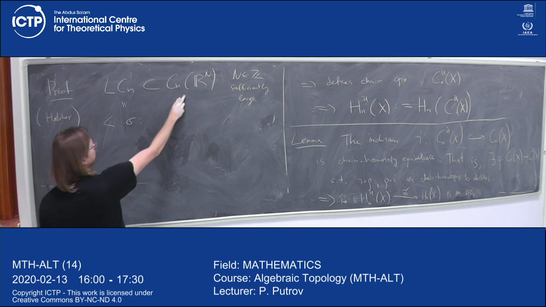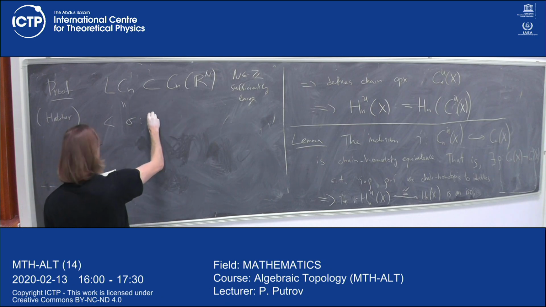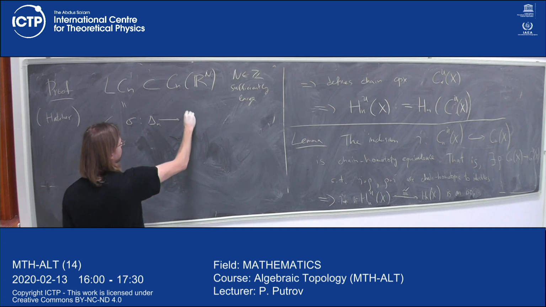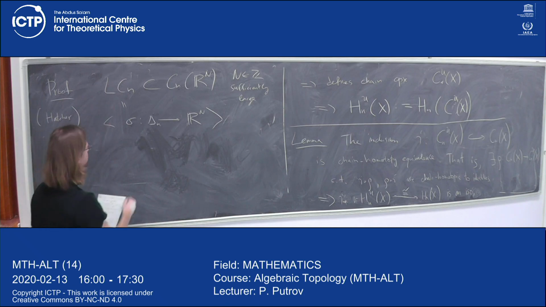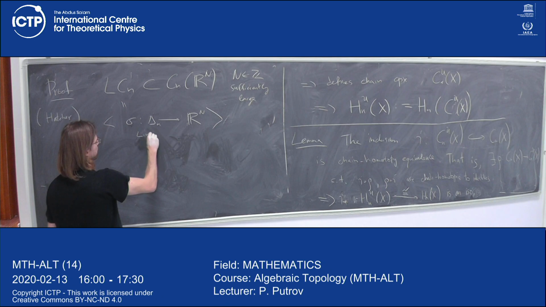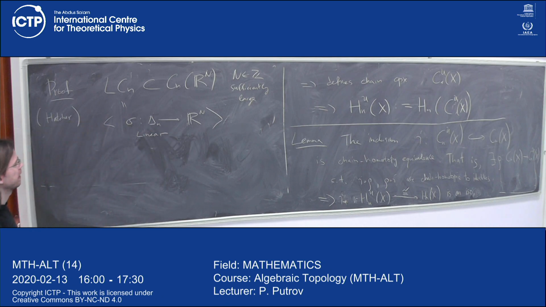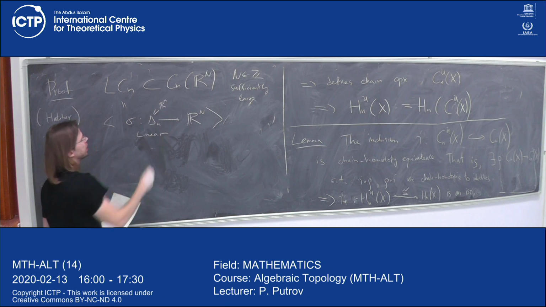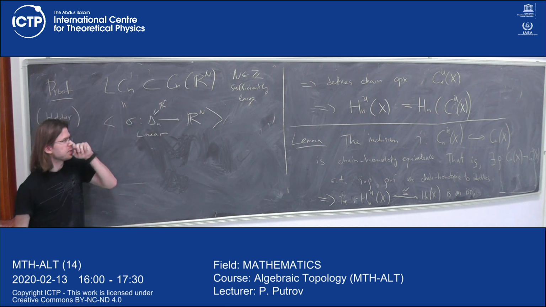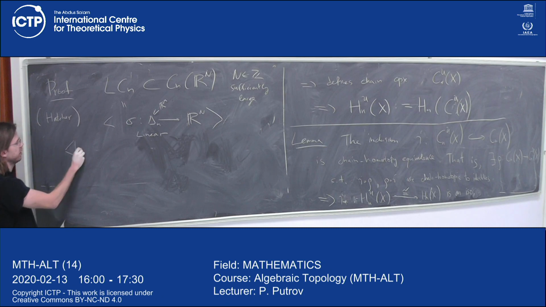So again, all possible generators here are the maps from Δ^n to R^n. And here we want to consider only maps which are linear. What this means is that the n-dimensional simplex can be realized as a subspace in R^n. The triangle Δ^2 can always be realized in